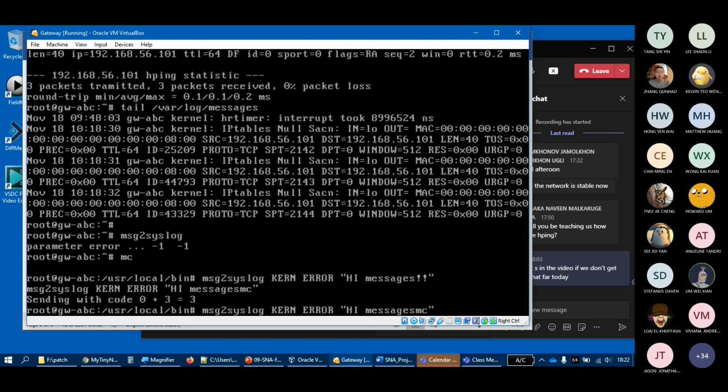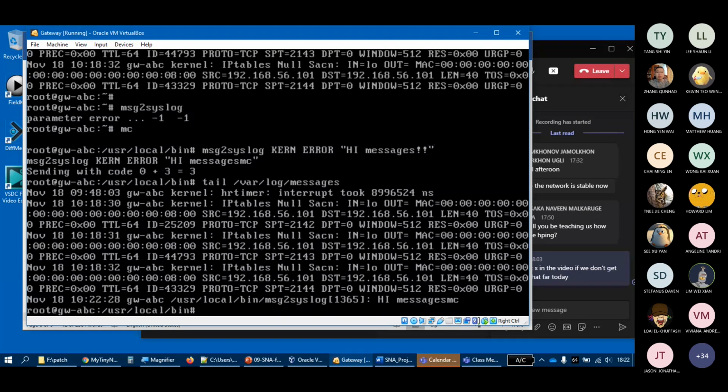Hey, there it is. Right down there. You can see it, that very last one. /usr/local/bin/msg2syslog, hi. Okay, so that way you can create your own message, and sometimes it makes sense to put in something like